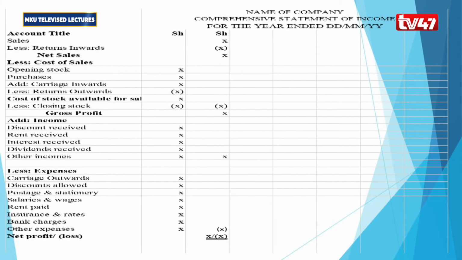So up to that point, when you consider the opening stock, you add your purchases, you add the carriage inwards, and then of course you deduct the return outwards. It gives us what we refer to as the cost of stock or cost of goods available for sale. So in order now to get entirely the cost of sales,